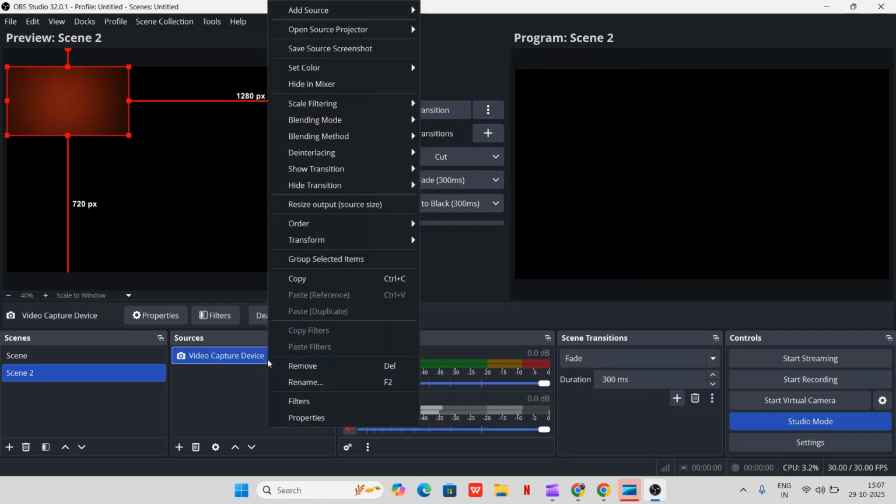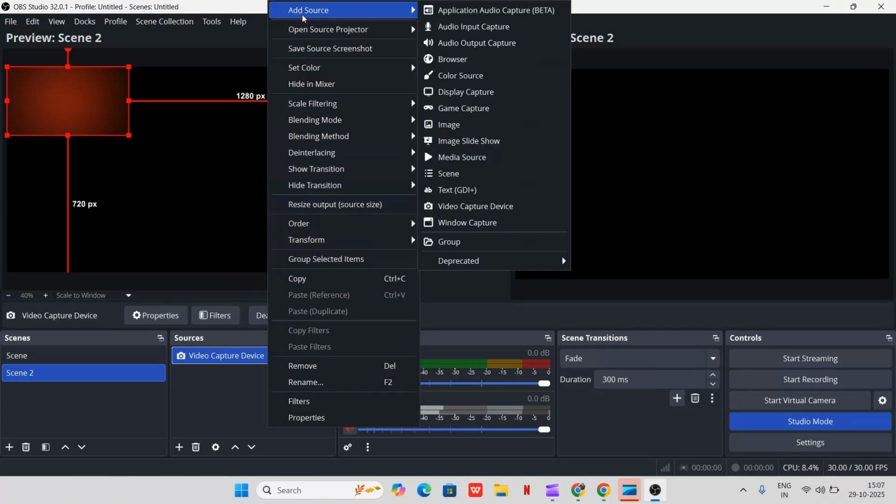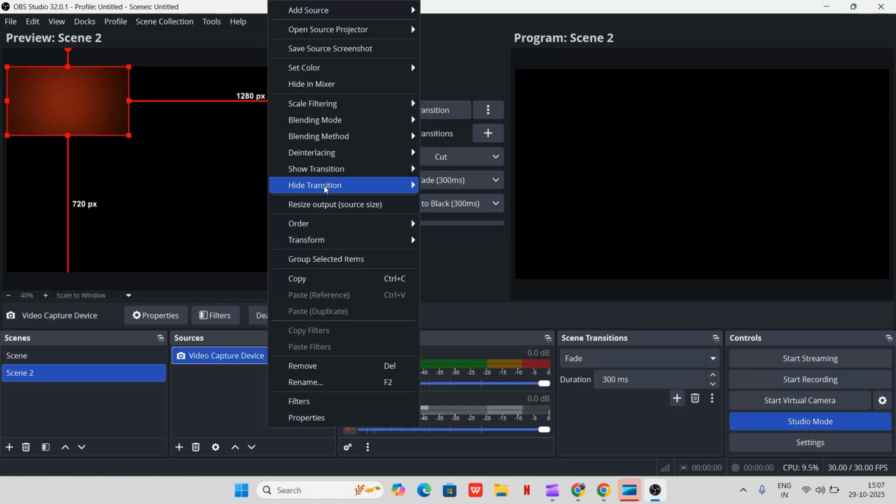For this, first I am deleting the video capture device and then click Browser option and rename it as you wish. I will rename as Video Capture Device